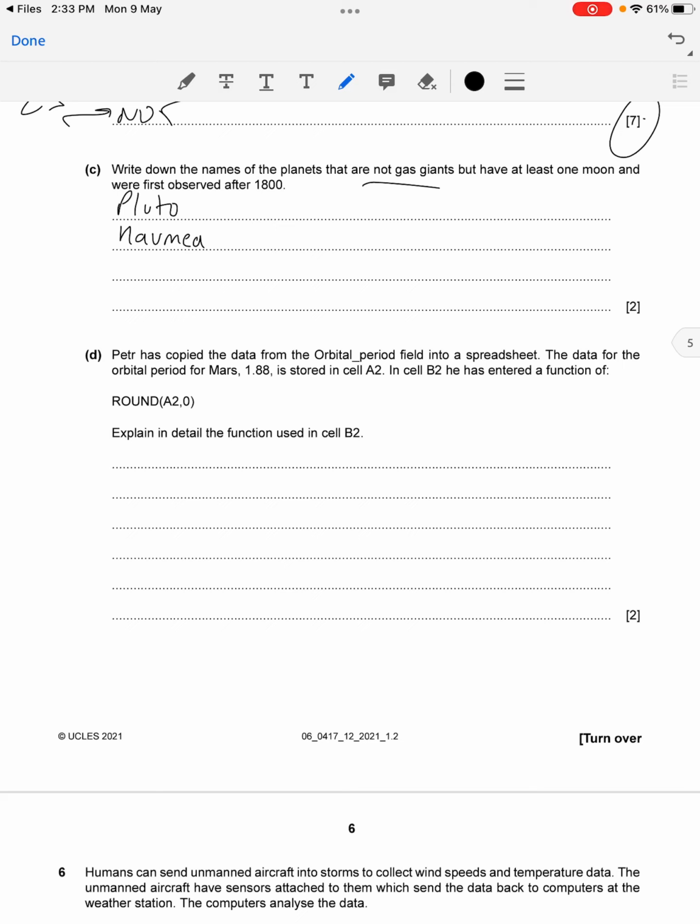In cell B2, he has entered a function of round A2 to 0. Explain in detail the function that is used in cell B2. Now this round function is something that's taught in Excel. So we have to understand that the value of anything that's stored in A2 will be rounded off to 0 decimal places. So you can just write like this: the value stored in cell A2,